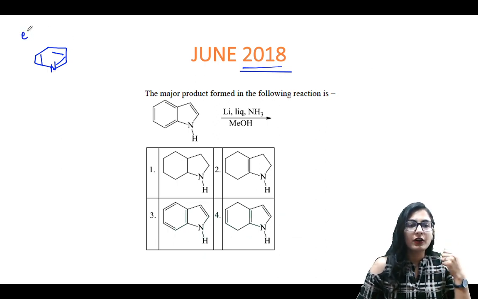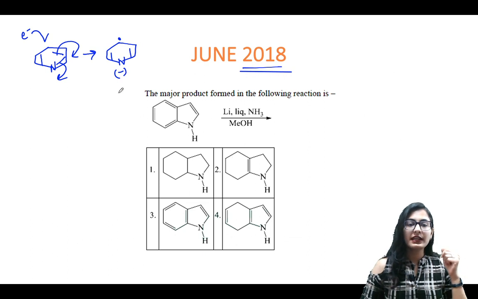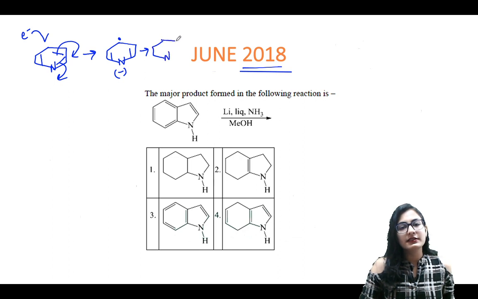So the electron which is transferred, let's say on the 4th carbon, would be really good. Why? Because it is actually bringing the negative charge onto the nitrogen, right? So this is going to be a good, stable intermediate, and finally it is going to give reduction like this. It's going to give reduction like this to pyridine.